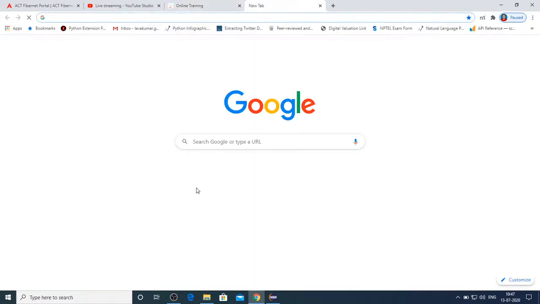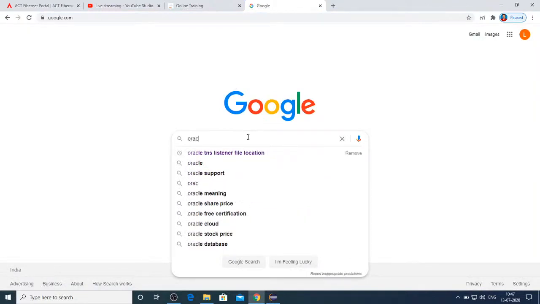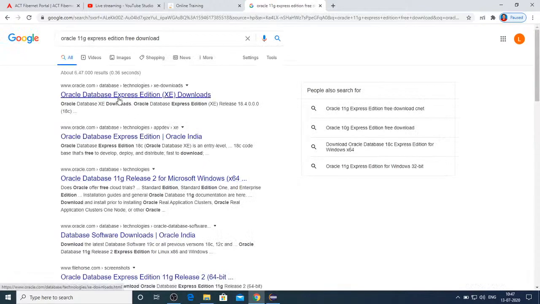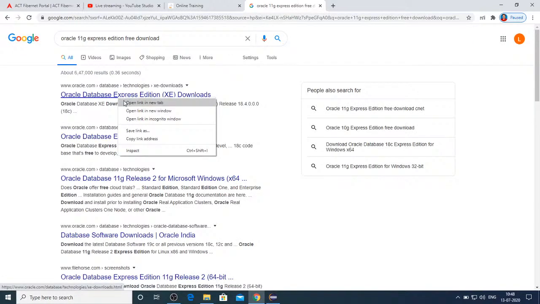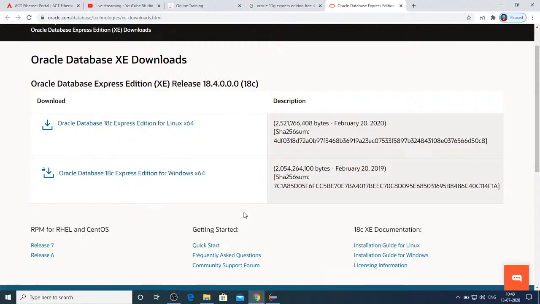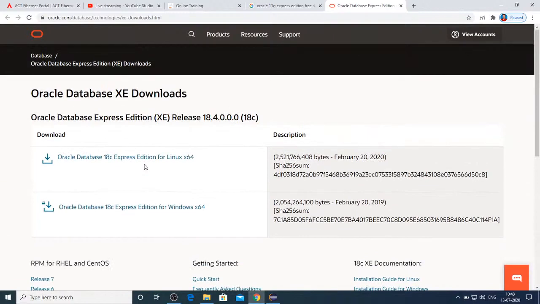You can go to the official website, and here you can see 2 links. You can download both of these.